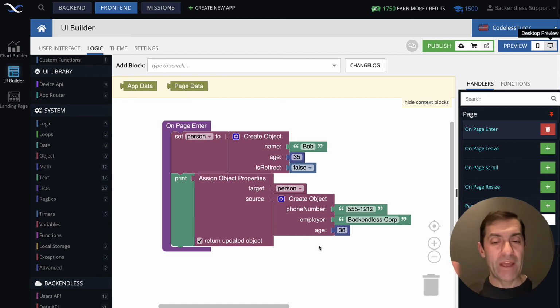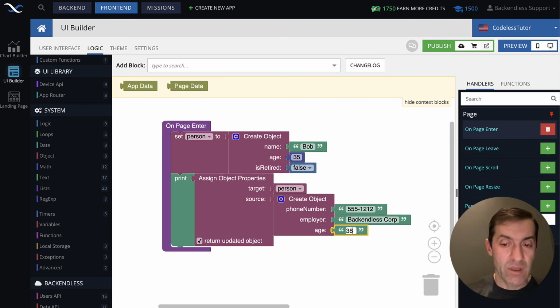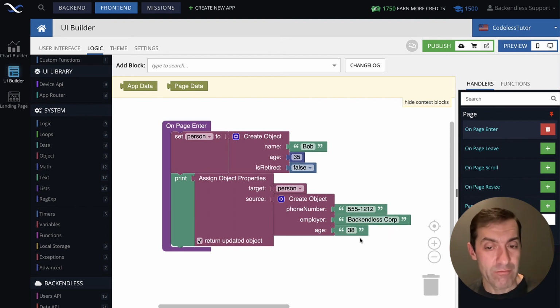Okay. By the way, another thing that you need to keep in mind is the type of individual property may change. In here, age is a number, okay? However, if you were to modify, for whatever reason, age to be a string, okay? So it's still 38, okay?